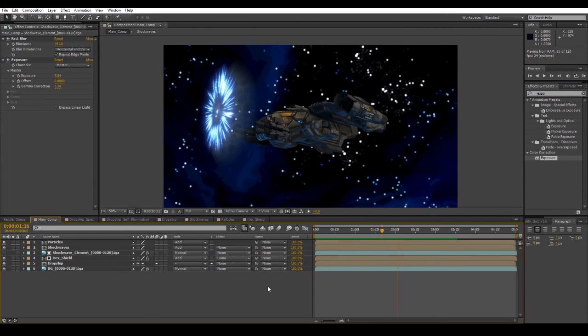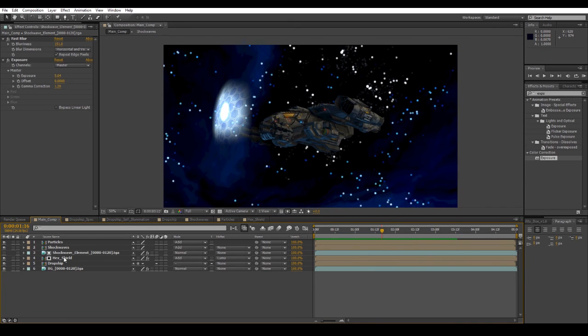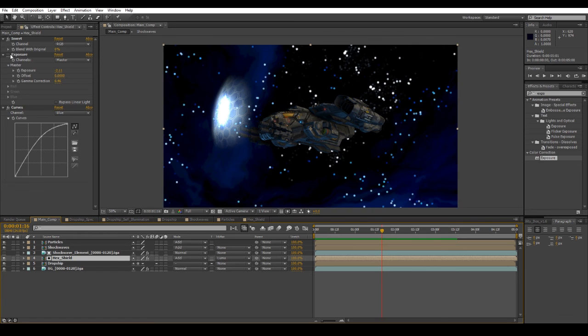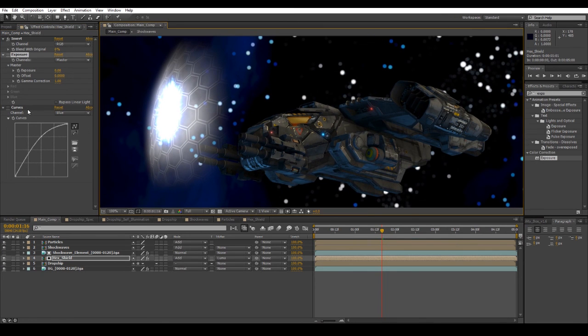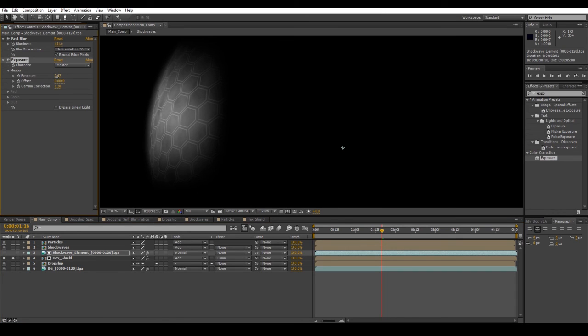Alright, that doesn't look too bad. There's a couple more adjustments I think that we can make. For example, the hex shield itself. Maybe we could mess around a little bit more with the color. Maybe we'll turn off the curves adjustment, see how that looks. And it actually looks kind of red. I'm not a huge fan of that. So what we can do is maybe we can solo this layer, and maybe we can bring down the exposure just a little bit, maybe down to 2.5,